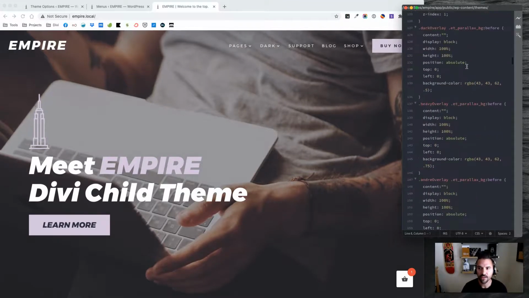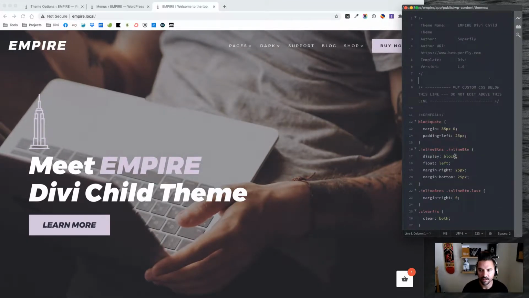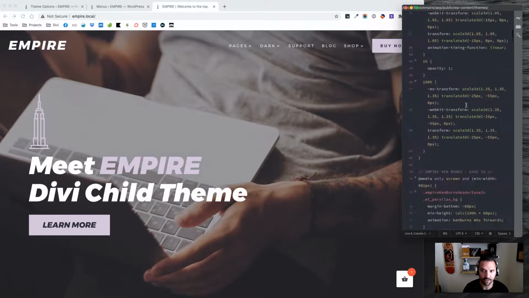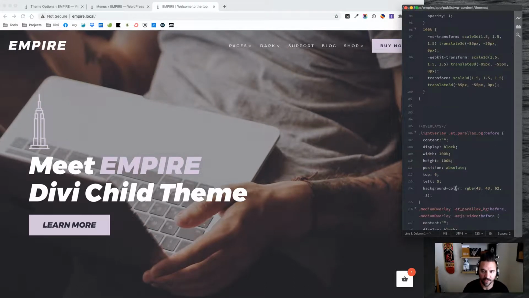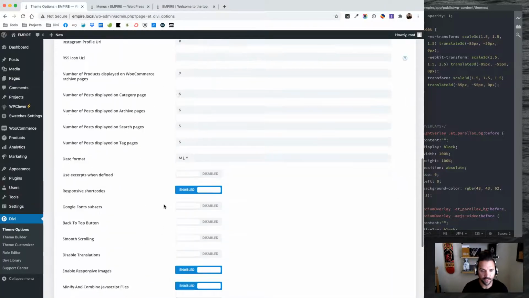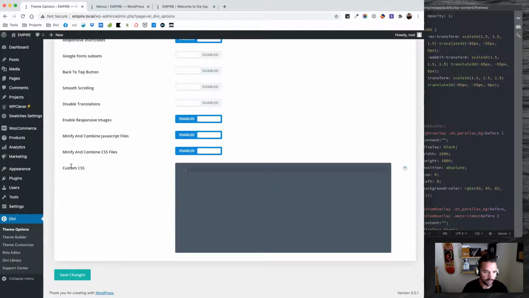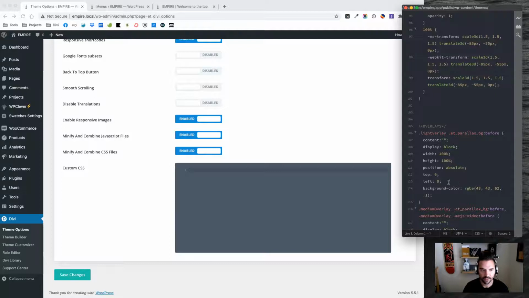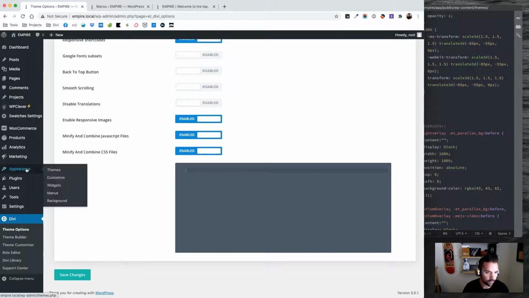So this is your theme style sheet here. So you don't want to make edits in here because if you ever update the theme, your edits in here are going to be replaced. So what I recommend doing is utilizing the theme options, Divi theme options custom CSS area to override anything that's in here. You'll be able to get to this file either by using FTP, or you should be able to go to,